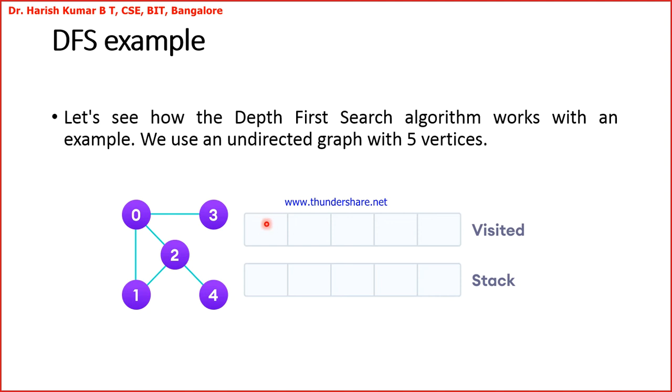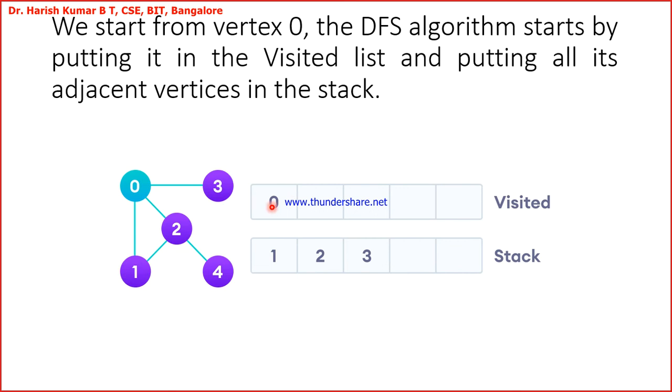Next, I look into the nodes which are adjacent to 0. The nodes which are adjacent to 0 are 1, 2, 3. See, 1 is adjacent to 0, 2 is adjacent to 0, and 3 is also adjacent to 0. After I visit 0, I fill the stack with the adjacent nodes of 0. That is what you are seeing here. I visited 0, see, the color also changed, and the stack is filled